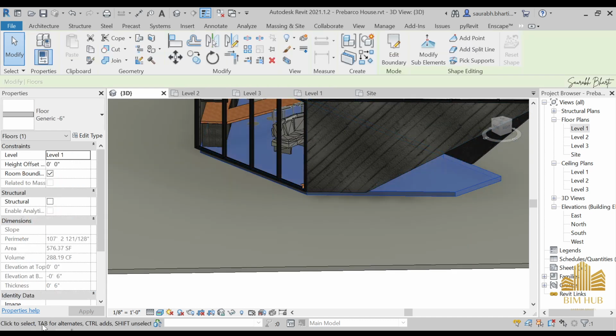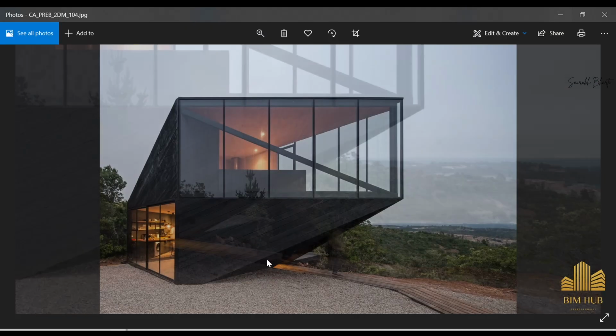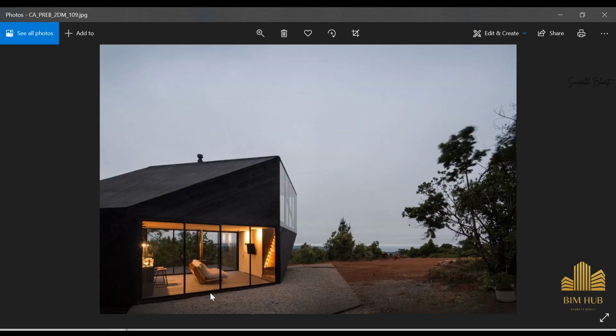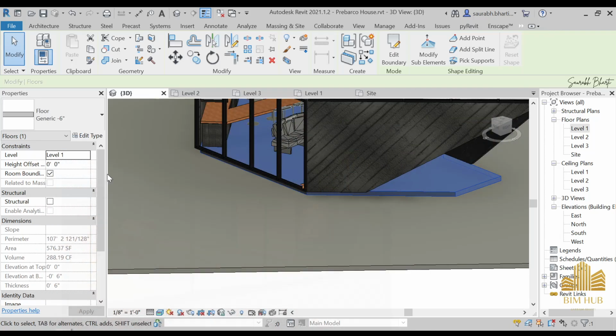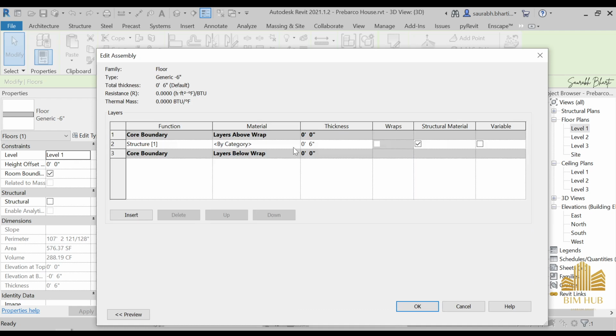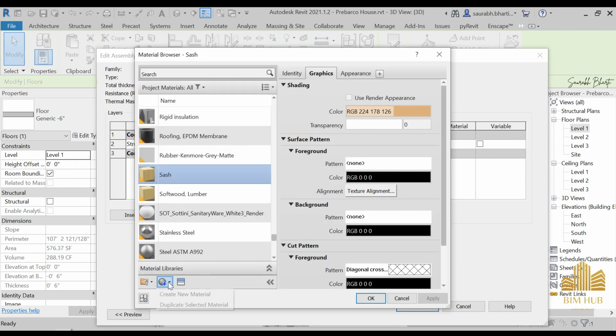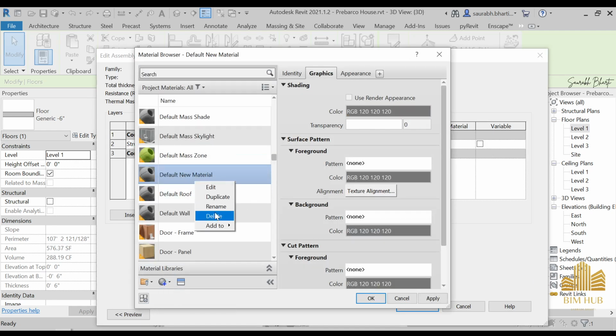Select this one, and we have something, check the material, and this is the wooden material, but it is a clean wood. So what we are going to do is just go to this edit type, go to edit, go to by category, and we will make a new material from here, and we will rename it as floor material,